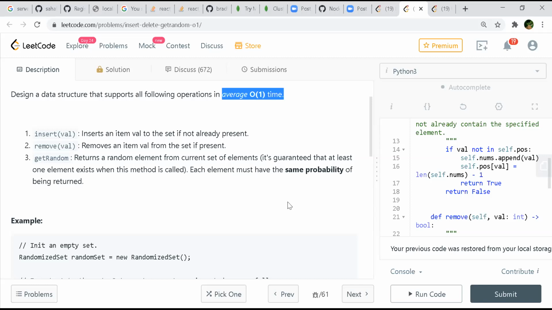So for get random, you'll have to maintain two data structures. One will be an array and the other will be something like a set. But how do we map the set to the array? Can you re-explain why we need an array for finding the random?